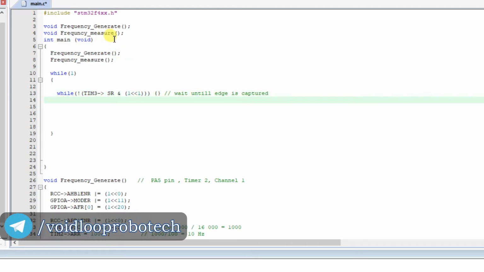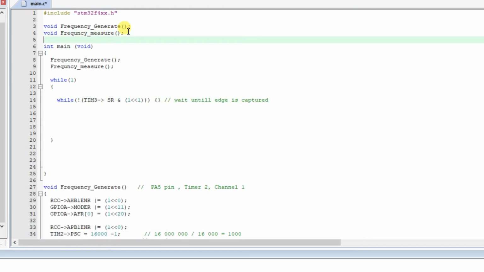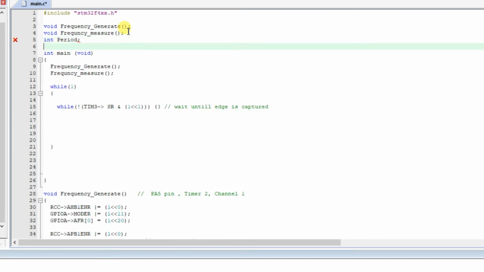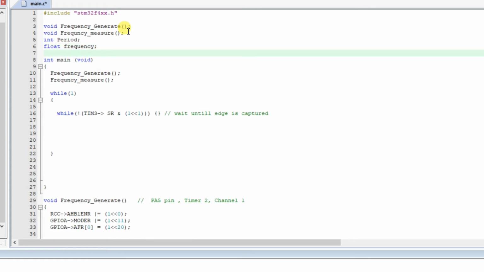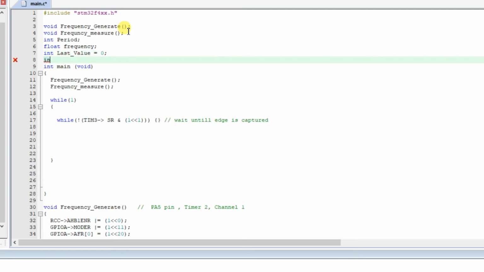Now we will create variables here. We will create 4 variables: int period, float frequency, and again int last value is 0, int current value is by default 0.